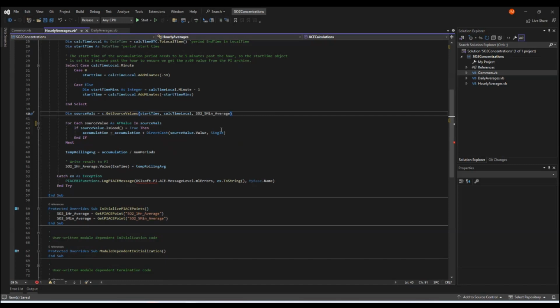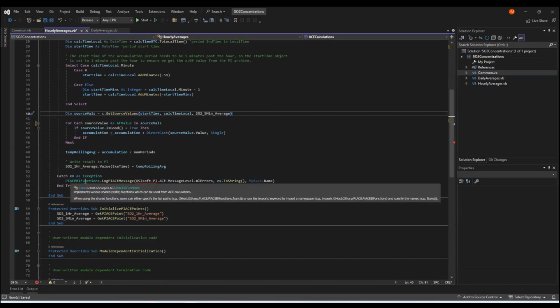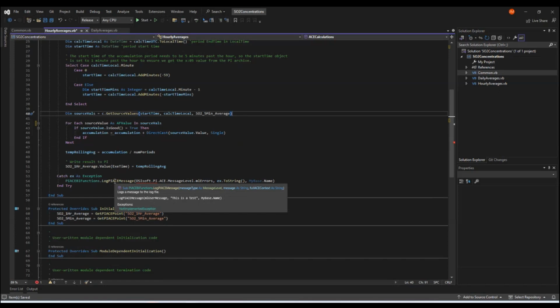The last item that I need to change in this particular module is where I'm calling the log PyAce message. As a developer, one of the real bugbears that I always had with this method was that when you specify your message level, you always had to use this fully qualified path of the namespace, osoself.py.ace.message level, regardless of the fact that we had an import statement for that namespace at the top of our code.